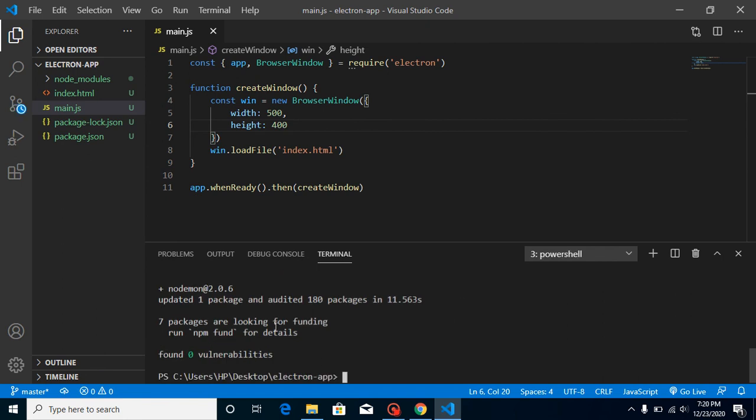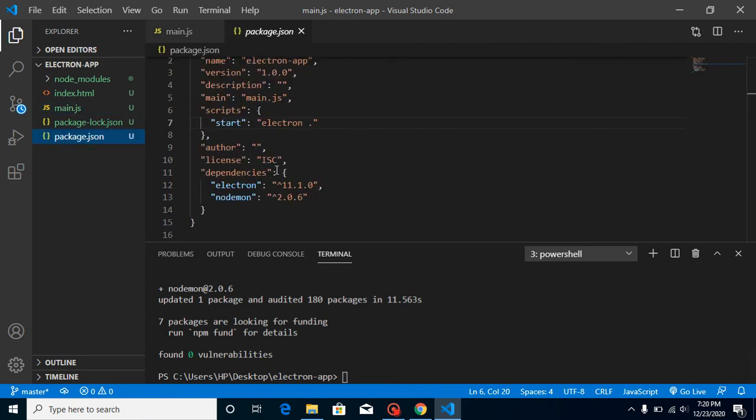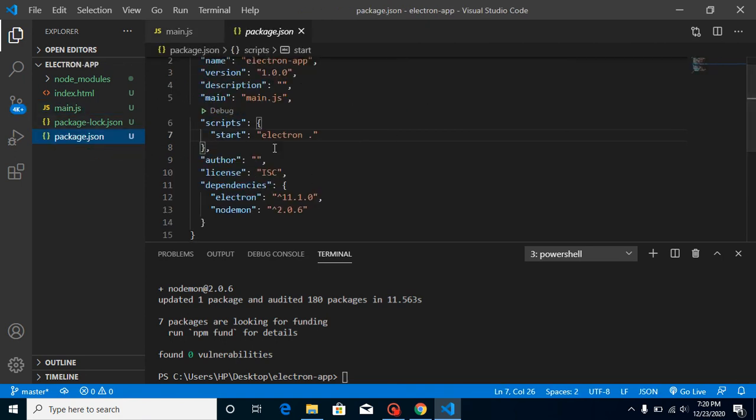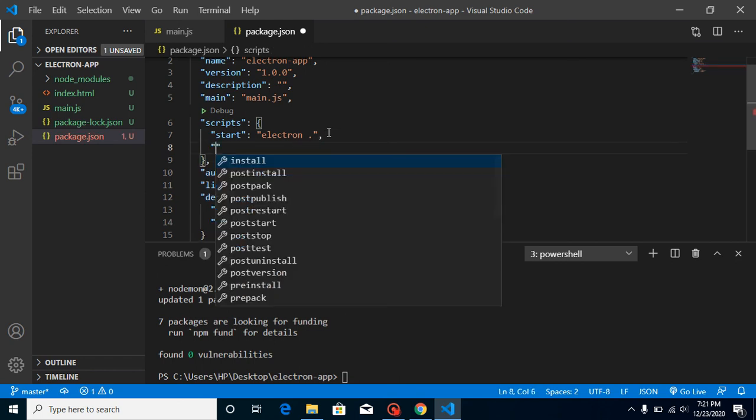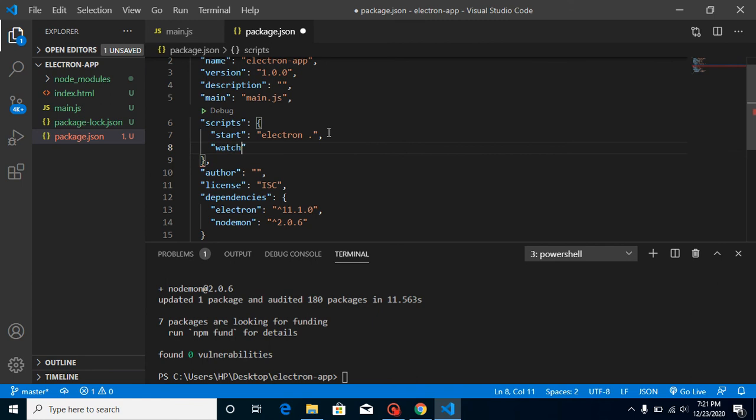As you know, this is installed now, and now let's jump to the package.json file and write one more command. So let's say my command name is watch. You can write any command like xyz, restart, reload, whatever you want. I'm just putting watch here because it looks like some standard, right? And now just write here Node Moon